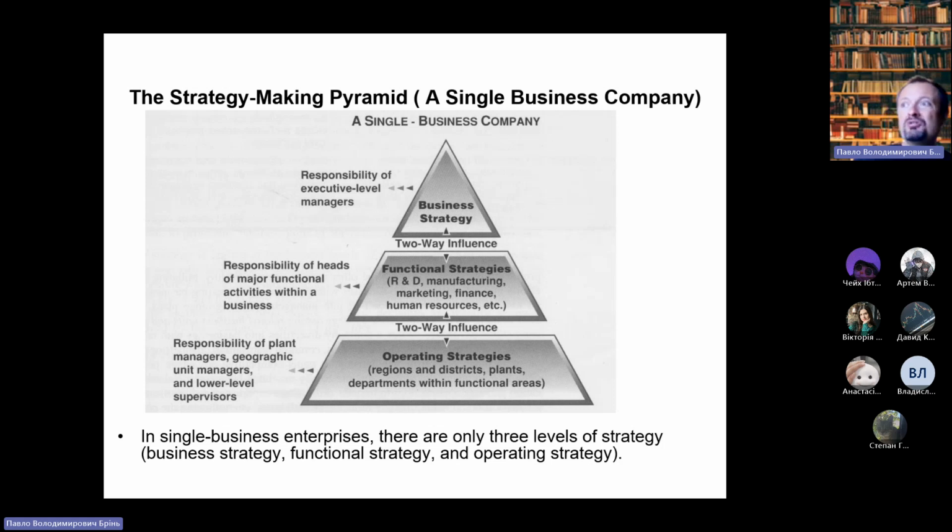So usually, yes, a big company is a diversified company. However, there are a lot of exceptions. So I can say that if a company is big, it is definitely diversified? No, it is a mistake. It's not possible to say. Okay, let's speak about every type of strategy in details.